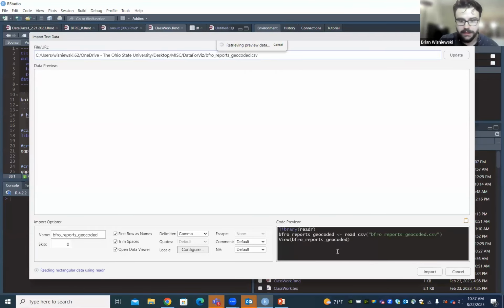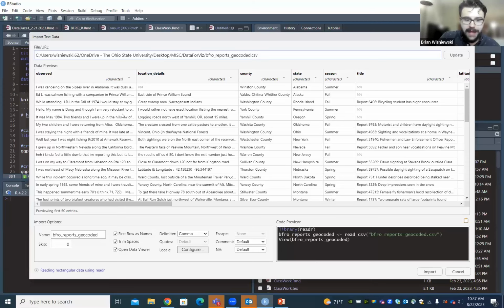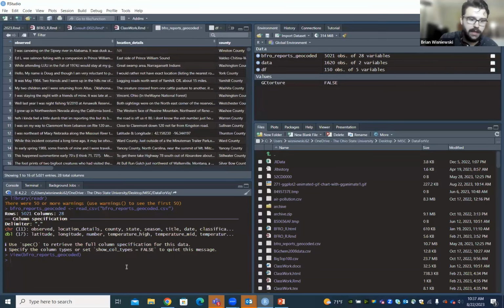If you're on Windows, left click it. It'll flash it up on the screen so you can see if it's the Excel file that you want. And then you can either copy and paste this into your console, or you could just press import. And boom, now it's inside our studio, it's inside the environment, and it is saved in an object called BFRO